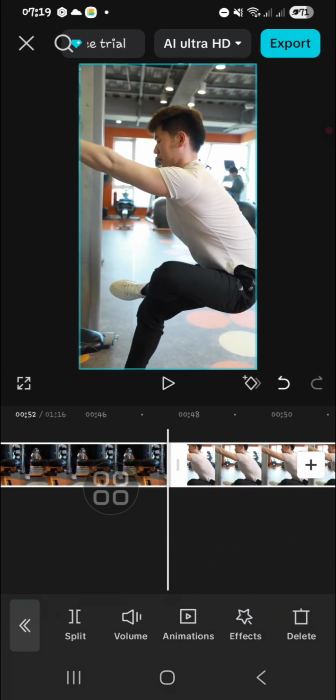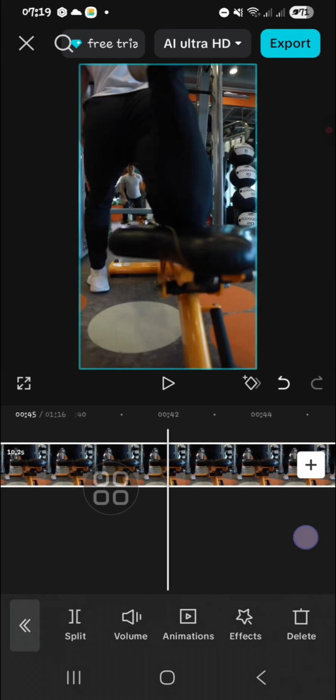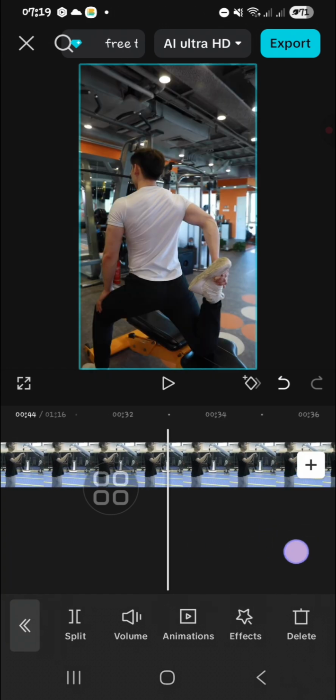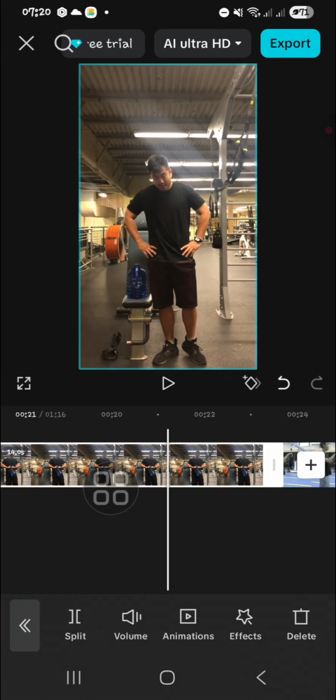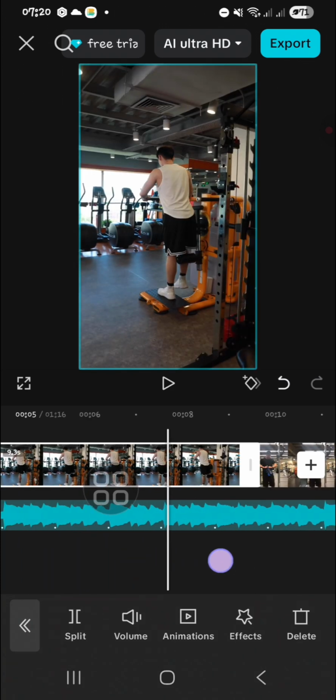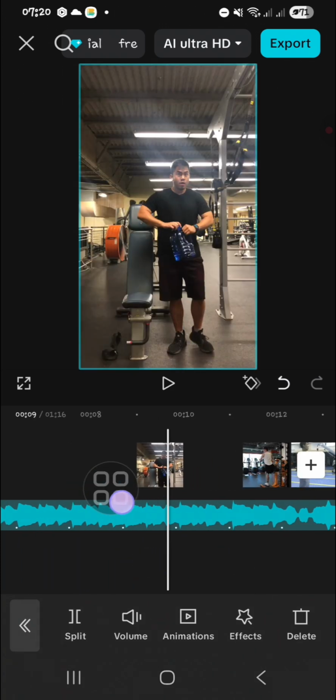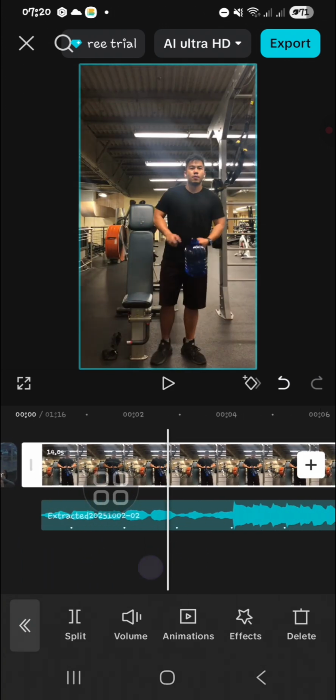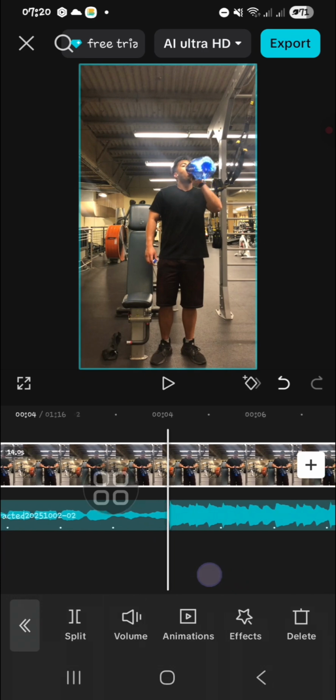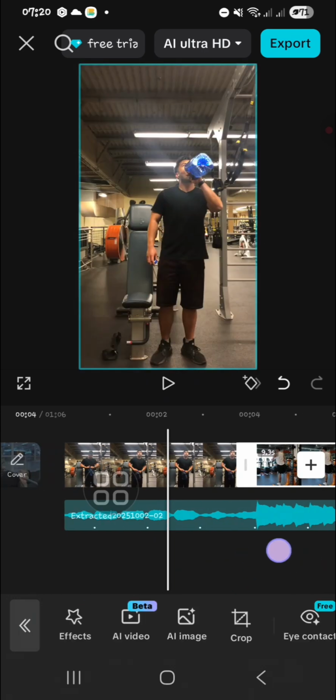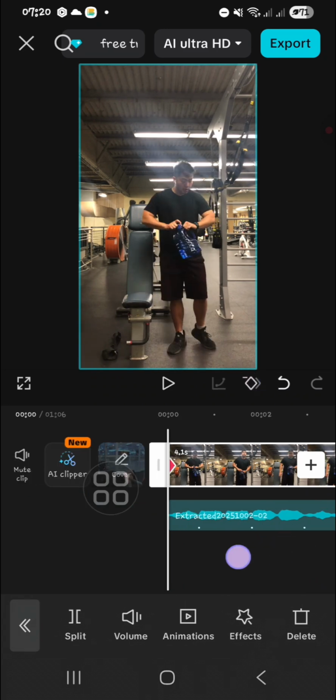I'm going to choose this one. Oh, not this one, but okay, this one for the opening. So I'm going to bring this video to the first, and then I'm going to cut it here. Okay, you can cut it according to the beat mark, and then I'm going to create like a zoom effect